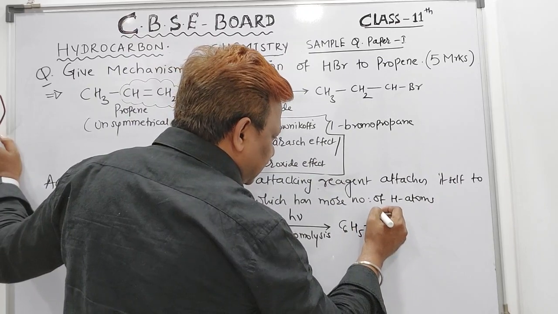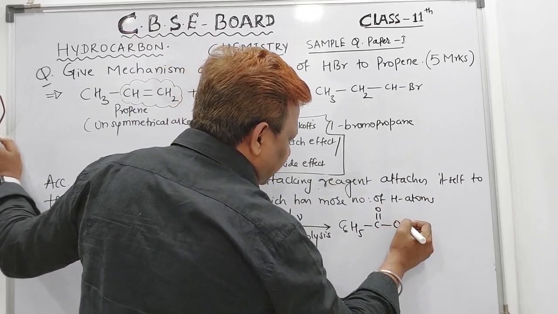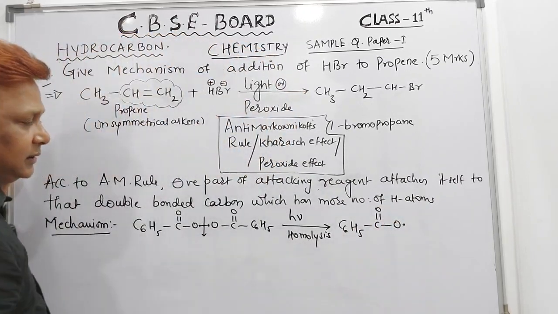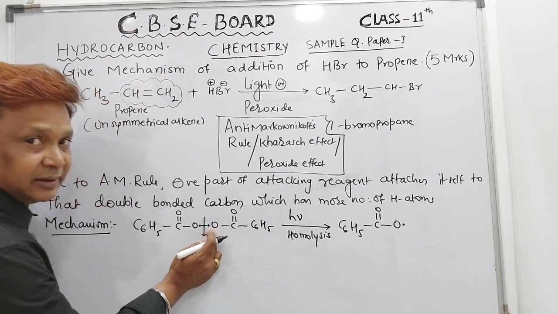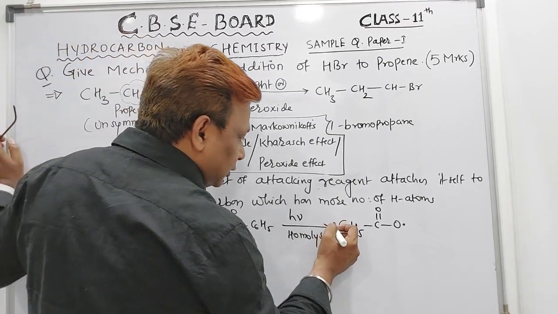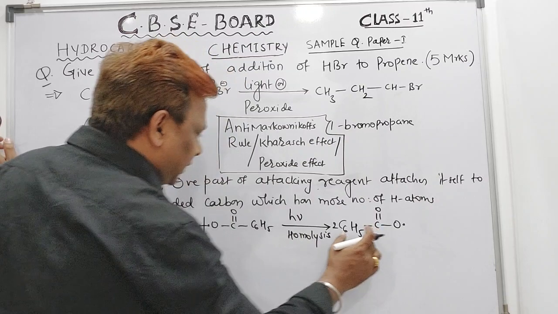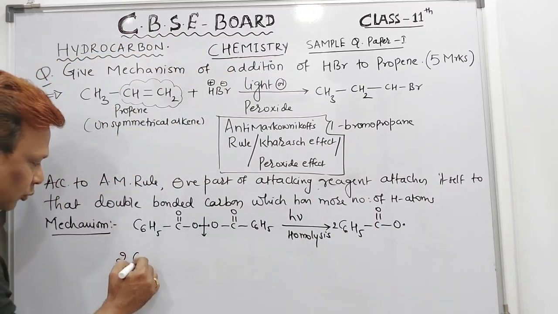C6H5 C double bond O. But the O is having a radical. In the same way, this part also has an O with a radical. So I will make it 2 moles. Now, this part which we got here, 2 moles of